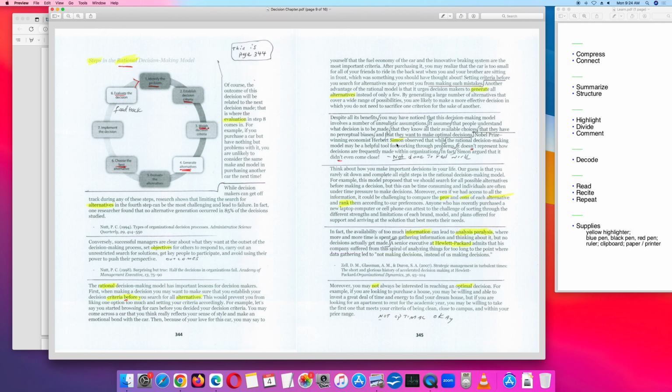Then the Nobel Prize winner Herbert Simon says that in reality very few people follow this process. Then you do rank them, pros and cons, information. Okay, analysis paralysis, that's when people just get stuck looking at all the information and don't actually act. Analysis paralysis is too much information, not enough action. And then it says here,